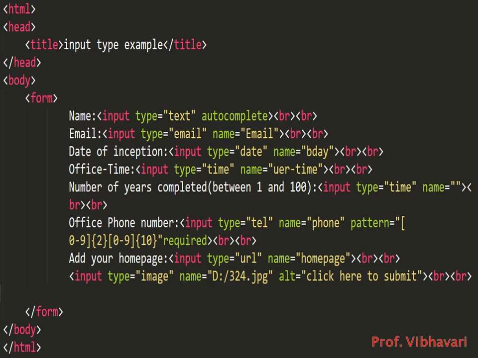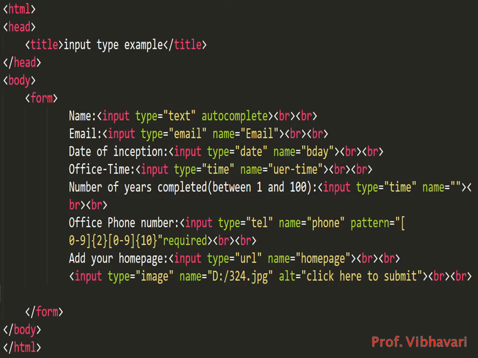The date of inception, input type is equal to date, name is equal to birthday. Office time, I have assigned the particular office time. For that representation of the office time, we require input type is equal to time, name is office time. Number of years completed between 1 and 100, input type is equal to number.